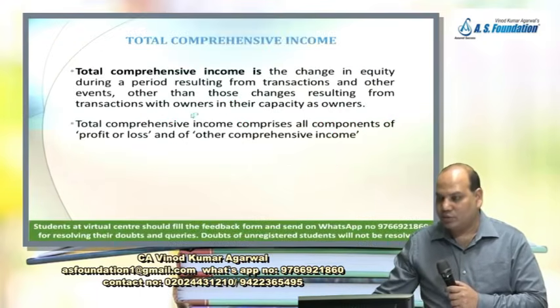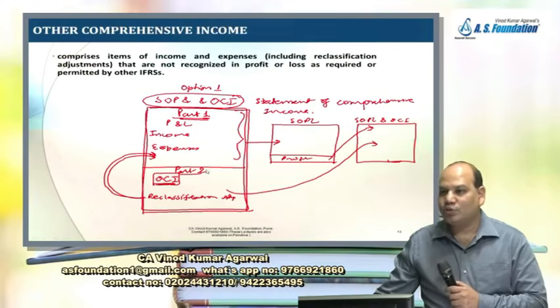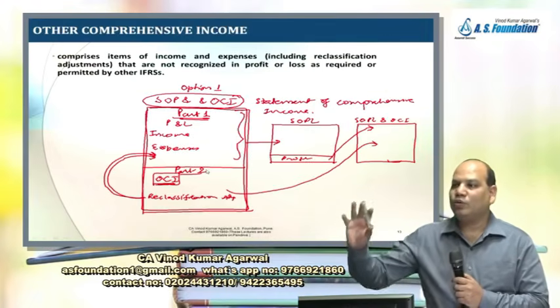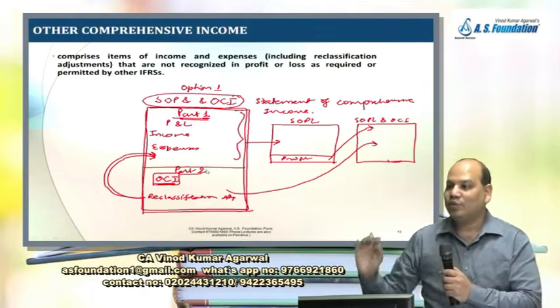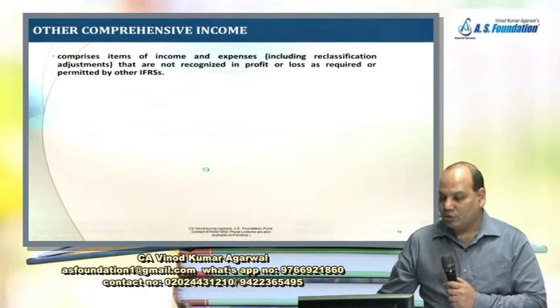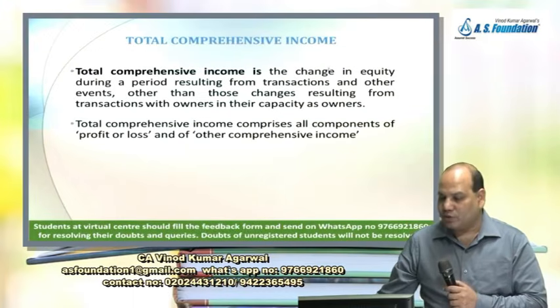Change in the equity. Equity will change only due to two reasons. One is either you have made gain or loss, or you have done some transaction with the owner. So total comprehensive income will include all such events and transactions which will change the equity owner stake, but excluding